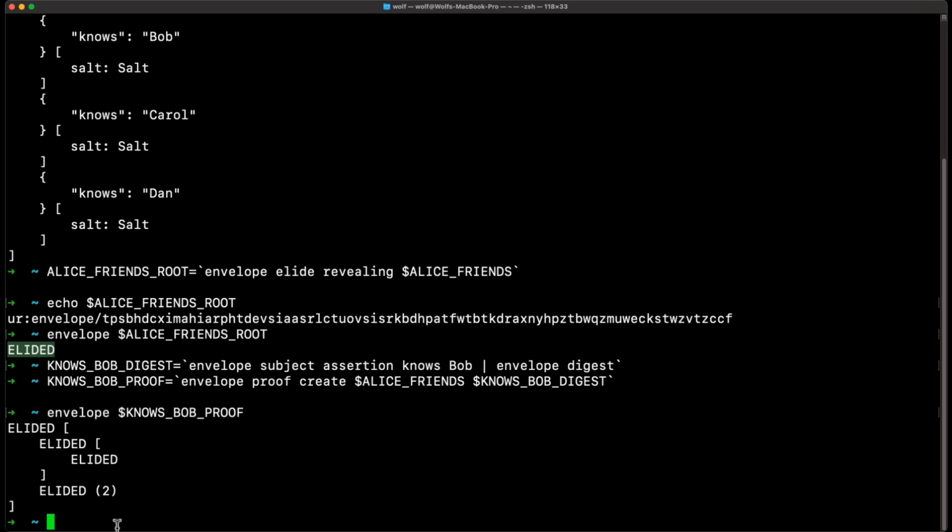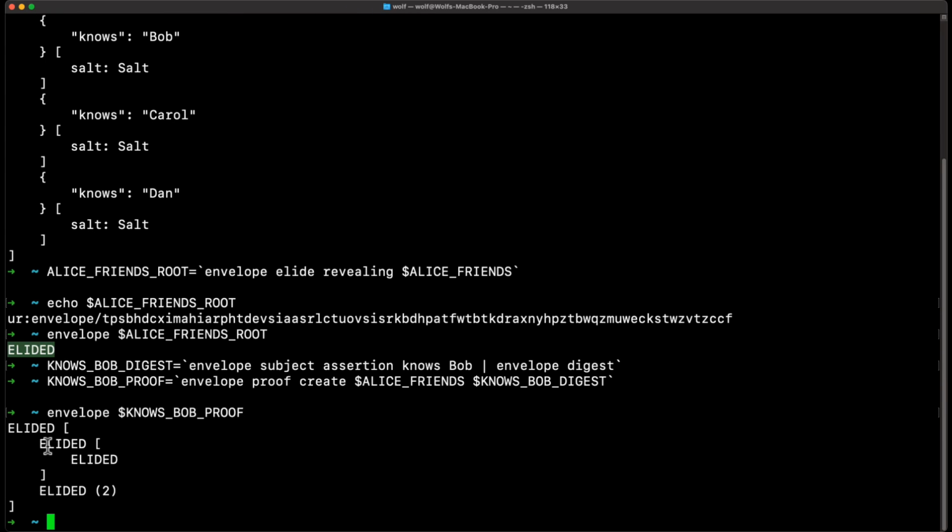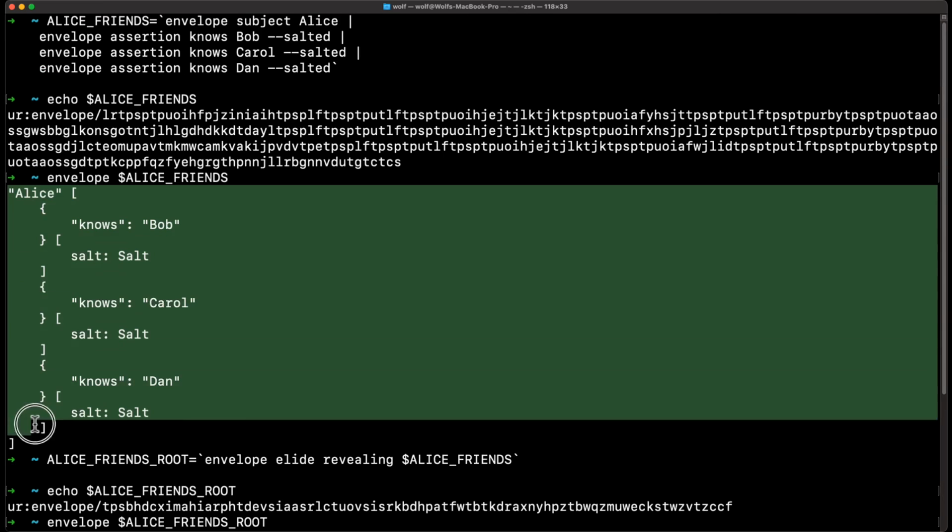to it. Everything inside it is elided. But the top level, this would be the Alice, its digest is there. And one of the assertions, the knows Bob, is there. And then the salt, that's the one assertion on that assertion. The salt is elided, but all these digests are necessary, as well as the other two unrevealed assertions are all necessary. So this proof envelope has the same digest as this envelope, the root envelope, and the complete envelope, the